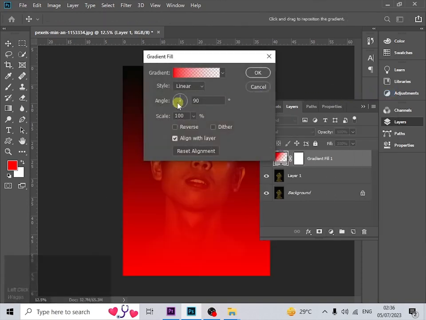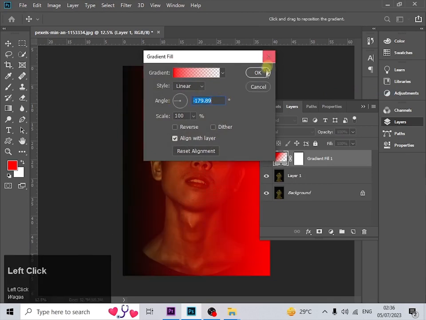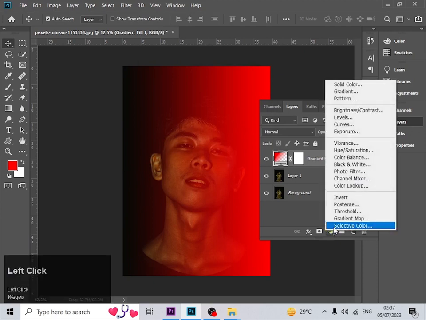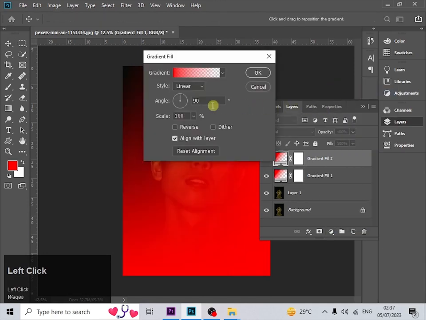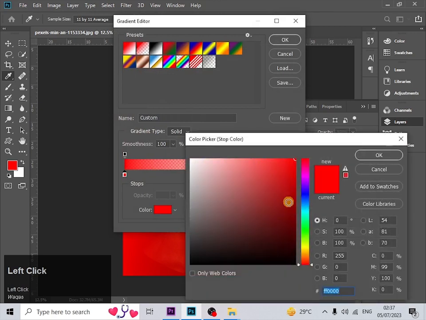After it, we have to change the angle toward the right side, and we have to repeat this process again. Click on the circle icon and click on gradient. After it, we have to change the angle towards the left side, and we have to also change the color. I want blue color here, so